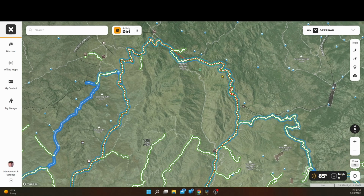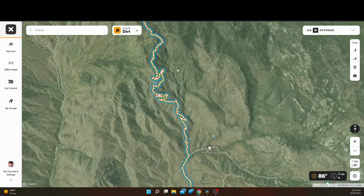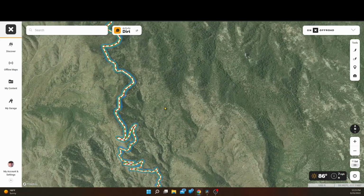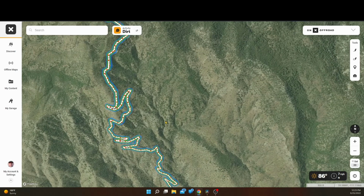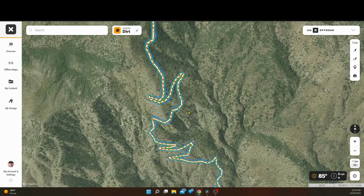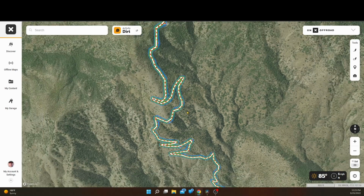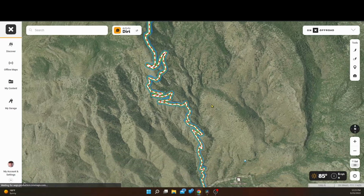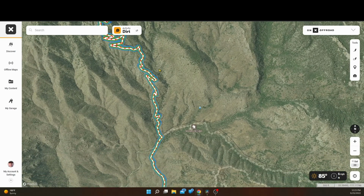One of my favorite parts of the trail, we're right here on the backside where all these switchbacks are at. Amazingly scenic, and some of the switchbacks were very, very skinny. Only enough room for one vehicle at a time. But you can imagine why this part of my trail was my favorite, because the scenery, the switchbacks, I love